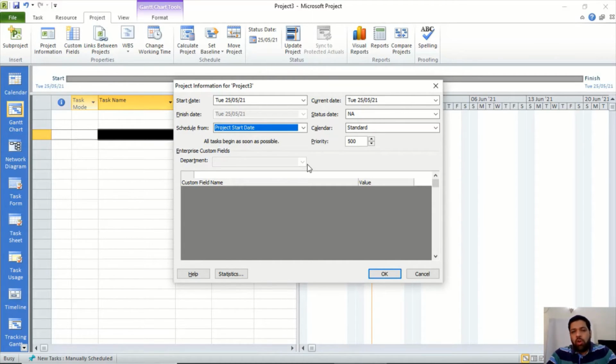Now there is another option, which is to schedule your project from the project finish date. Now see, the start date field is disabled and you have the option to set the project finish date. Is there any possibility that you can do this? Think for a while. Yes, there is. For example, if your management or your client or your customer asks you to finish a project at a particular date and they provide you a finish date.